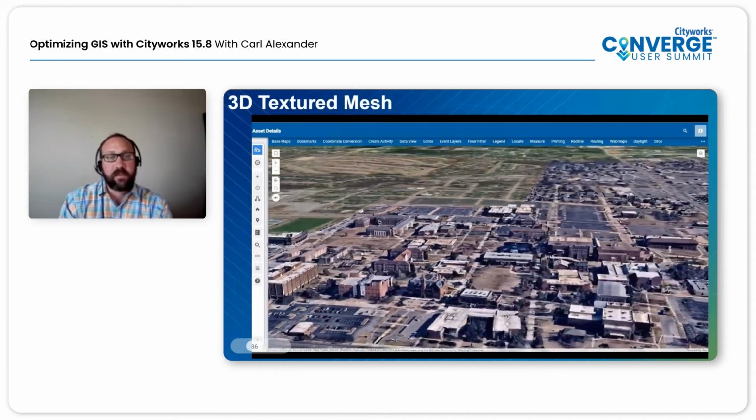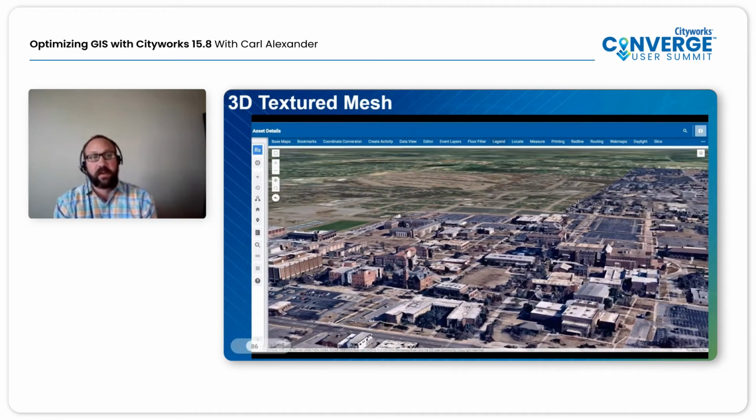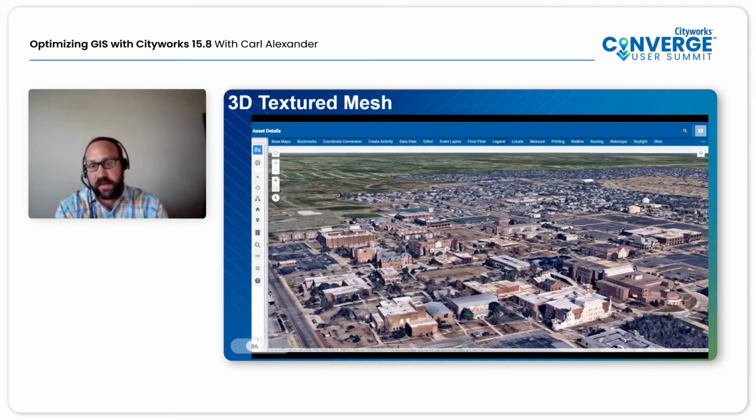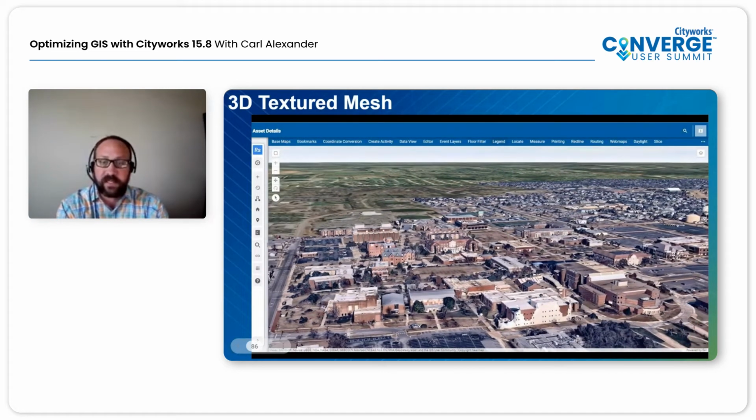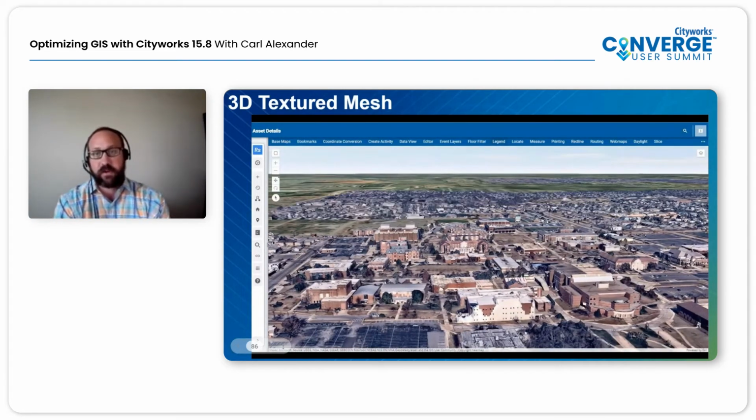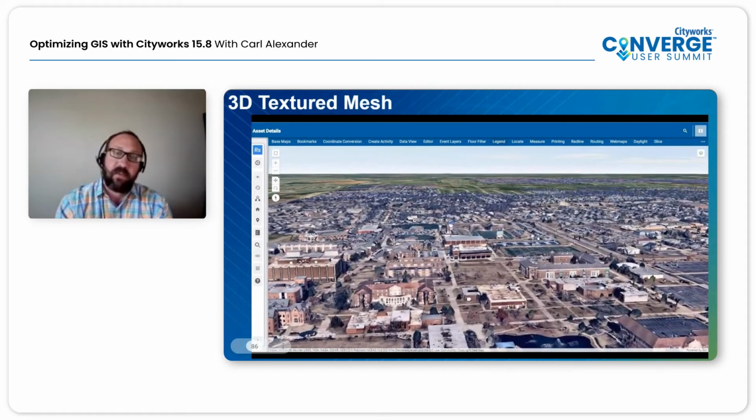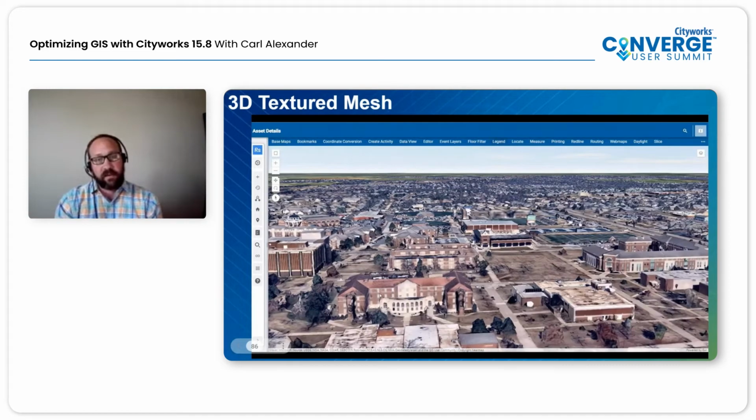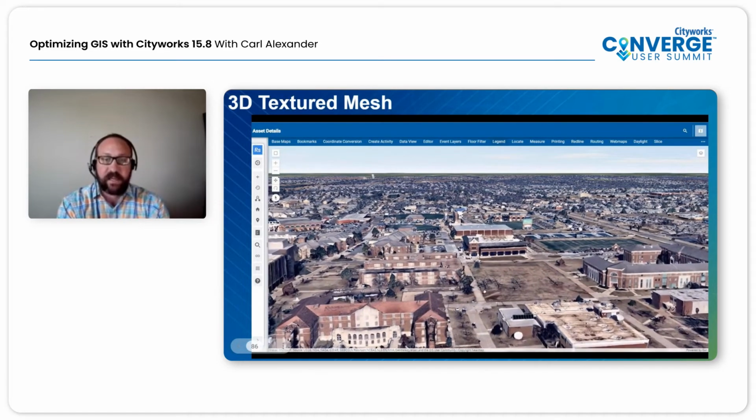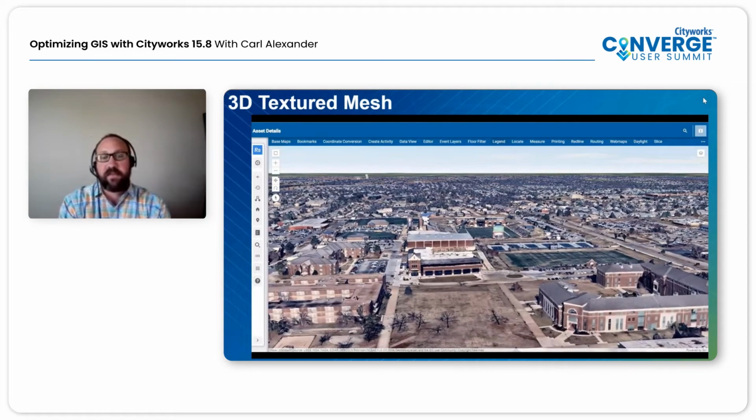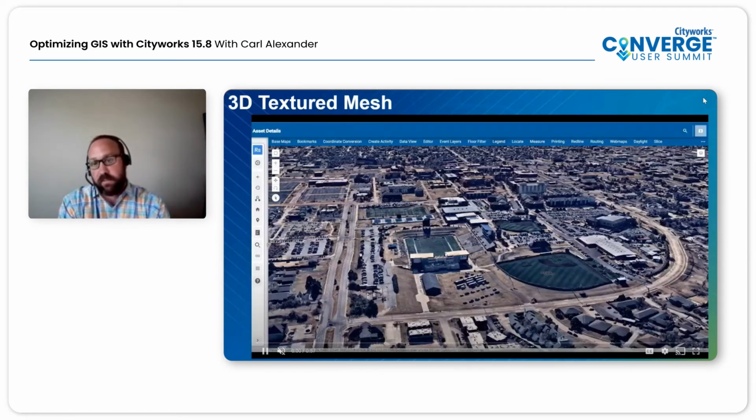And so here I'm just panning around, and this is some different data. What we had initially showed was mostly vector data. So this is a 3D textured mesh from partner Nearmap, and this is for an entire city. That can be easily added and stored in your organization. This is stored in ArcGIS Online, and added to a scene, added here in the Cityworks. And then on top of that, you could add any of your vector data that you wanted to do, say water mains,